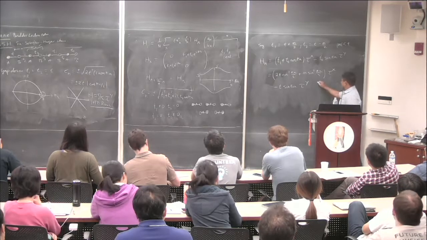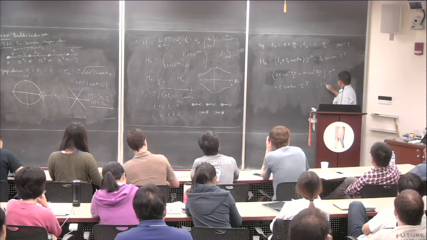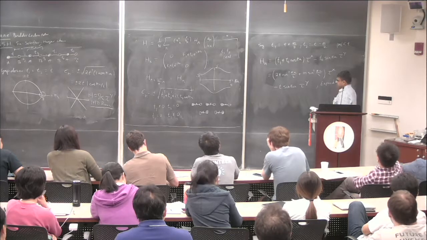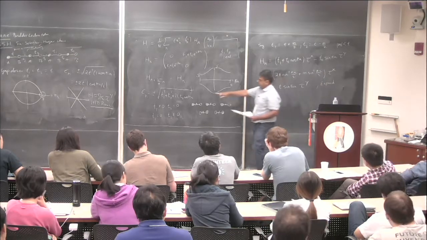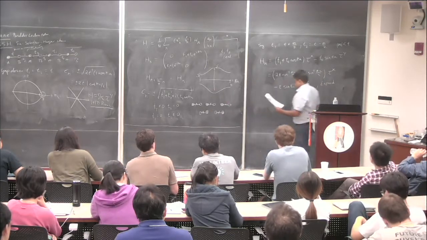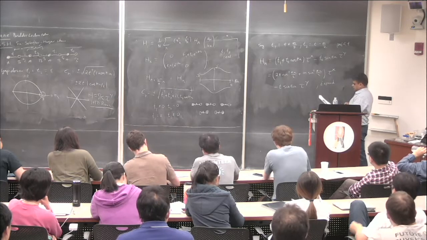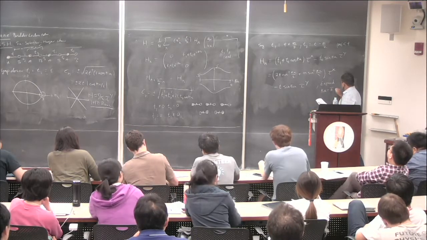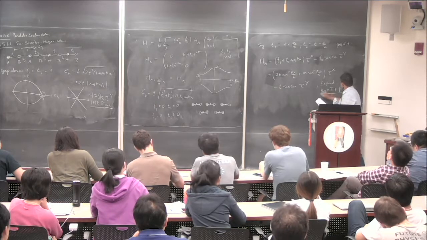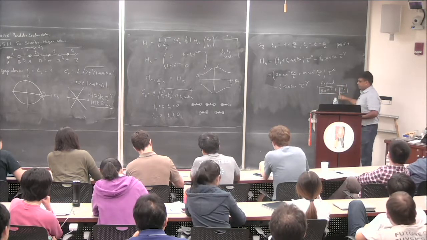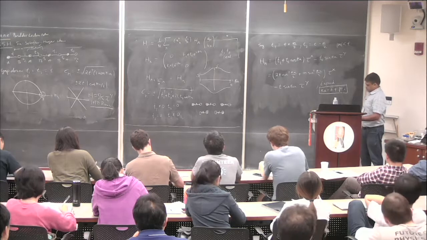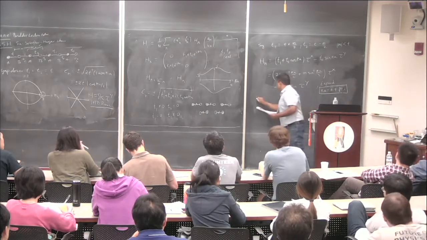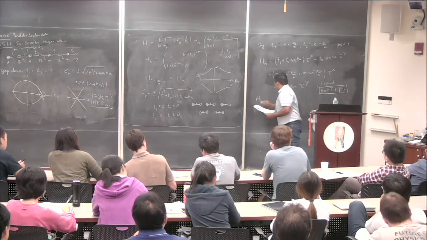Okay, and now we expand. Again, we just look near the Dirac point. Everywhere else it's going to be gapped. That's where the low energy physics is residing. So let's expand around this Ka. The small deviation from pi is going to be called Pa. And then we get, let me call it Hp.